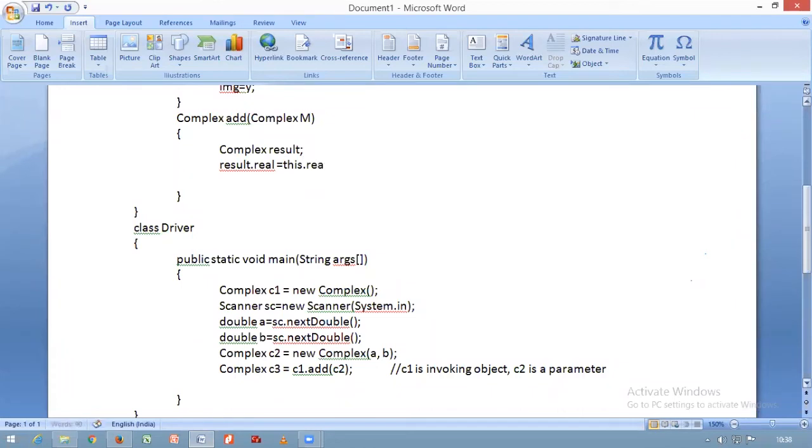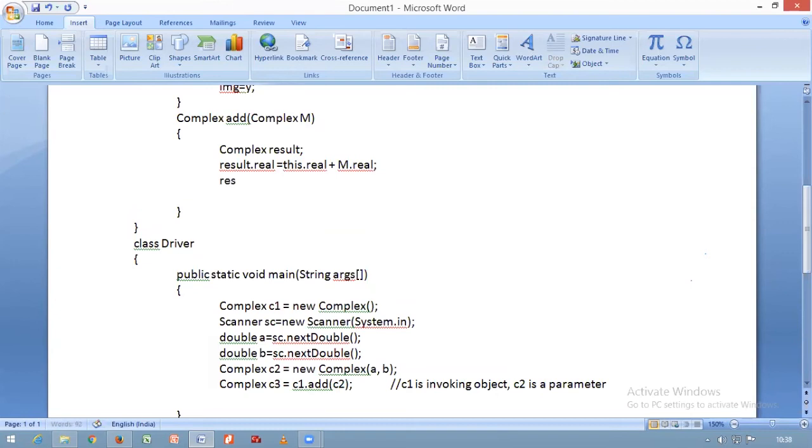This dot real. This keyword is not mandatory. Generally, this keyword refers to the object which is invoking. How to access the members of C2? Here, the members of C2 are copied into M. M dot, sir. Now M acts as C2. M dot real.